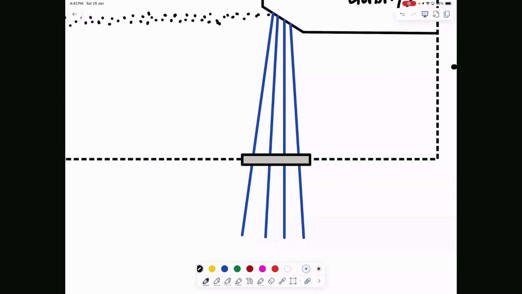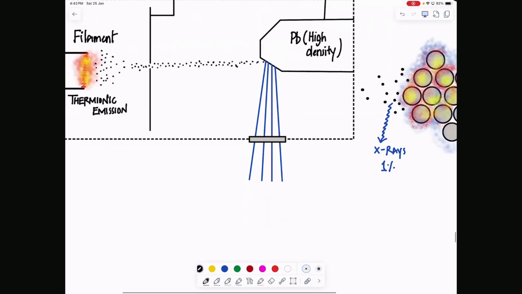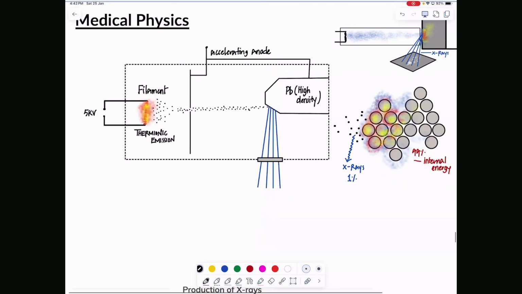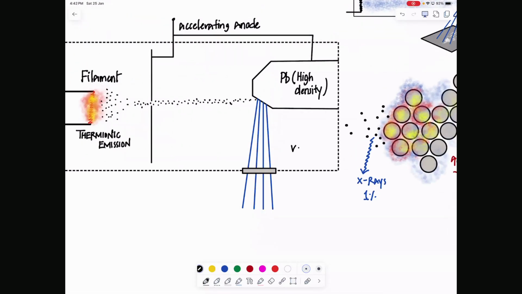So there's nothing you can do here. You can only control the coverage by moving it which way, up and down. Okay, there are other things we'll be learning. So manage, but that's how X-rays are generated. Now inside this chamber, you have vacuum, as I mentioned earlier. This is the window,